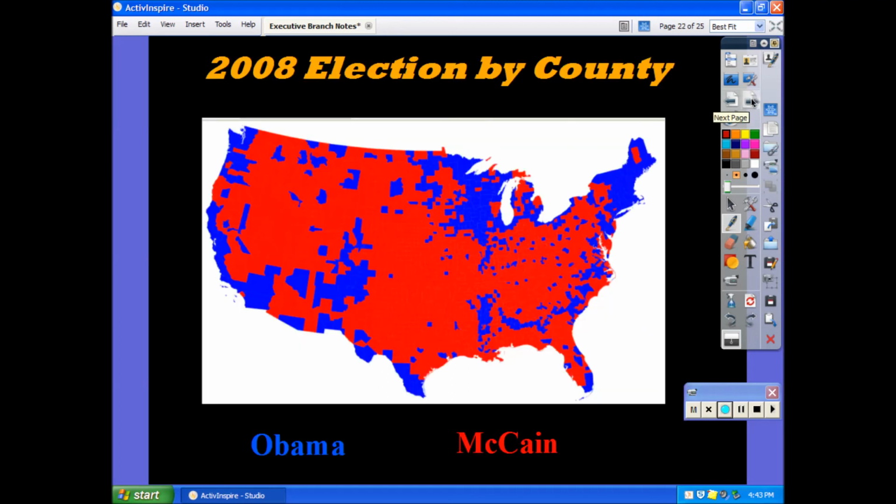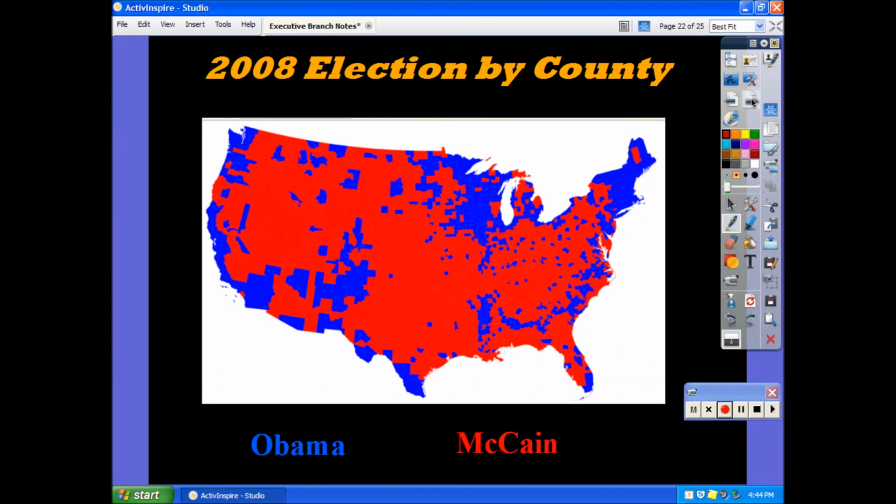Well, when you look at the map and you break the map down by county, so you take the entire map of the United States and turn it into a giant map of the counties of the United States, what you notice is that overwhelmingly the number of counties that supported John McCain was beyond those that supported Barack Obama. And you're wondering, well, how in fact did Obama win if more counties supported John McCain? We've got to remember something. It's based on population again, not just simply based on the numbers of counties or numbers of states.